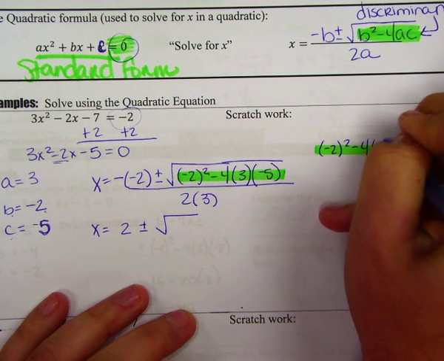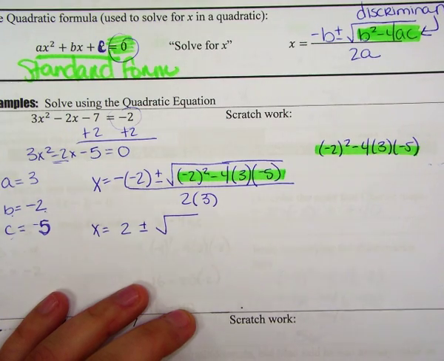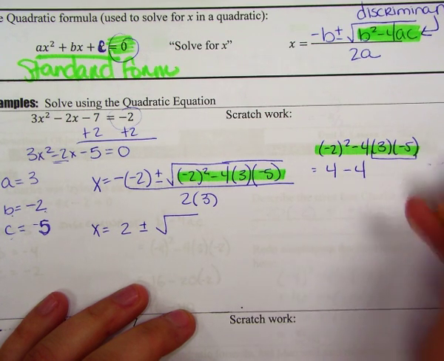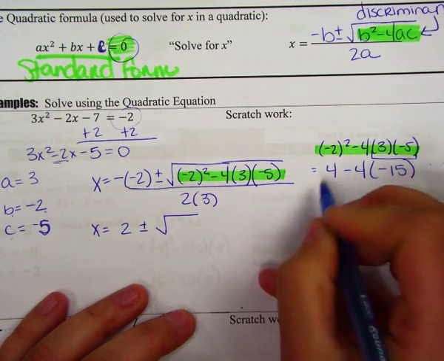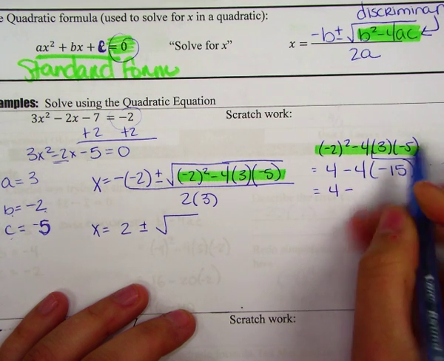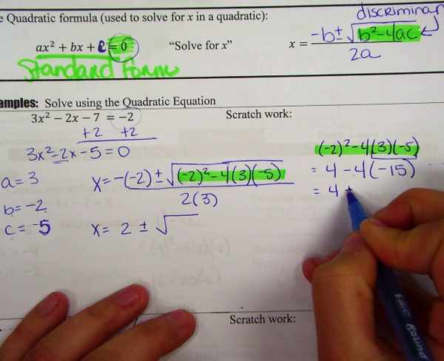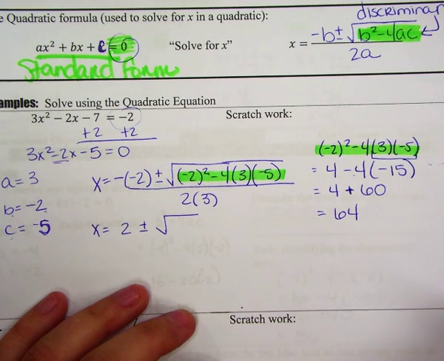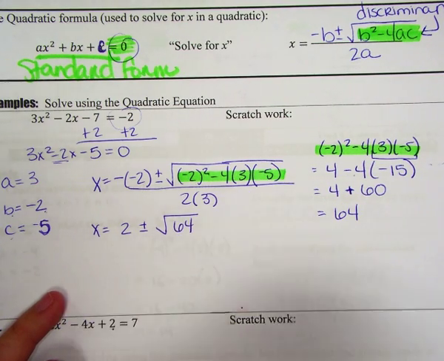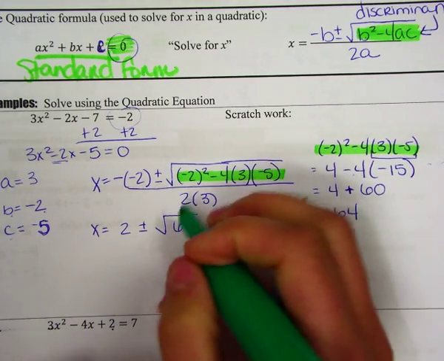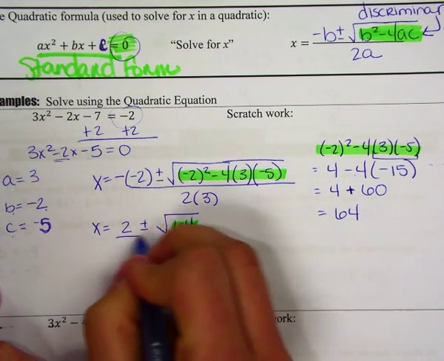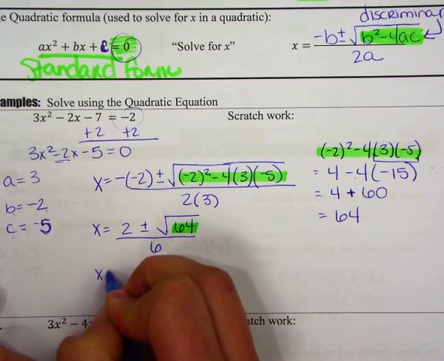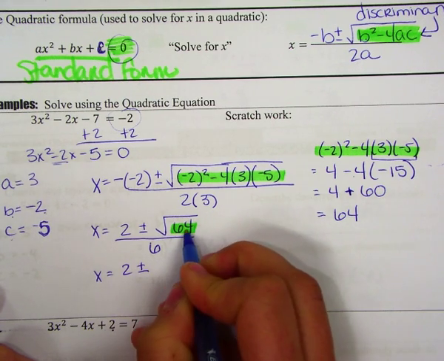This is some scratch work. Start with negative 2 squared, which is a positive 4, minus 4 times 3 times negative 5. 3 times negative 5 is a negative 15. 4 minus negative 4 times a negative 15 will be a positive 60. So that equals 64. Substitute that back in. Again, this was the discriminant, all over 2a. Continuing to simplify, this is 2 plus or minus the square root of 64, which is 8,